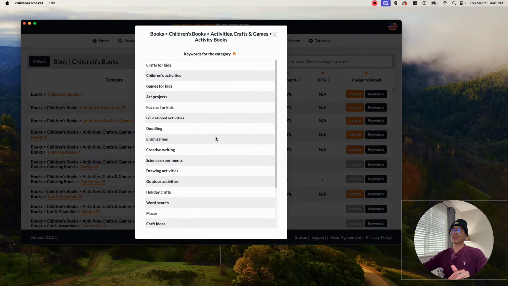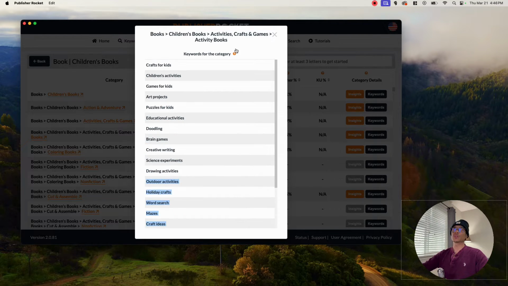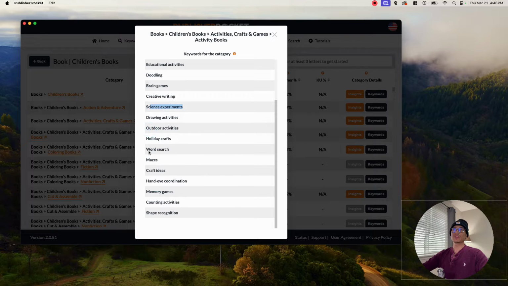Now this is what I like, especially with this, because a lot of the time people run out of words to come up with for the 7 boxes on the back end of their listing. And so with this, it'll actually give you these keywords that you can put in those boxes. So for example, with activity books, it tells you crafts for kids, children's activities, educational activities, science experience, basically words that you might have not thought of that customers might be typing when they're looking into this specific type of